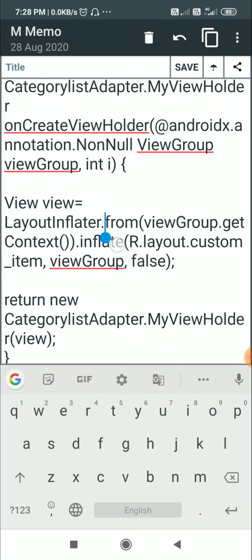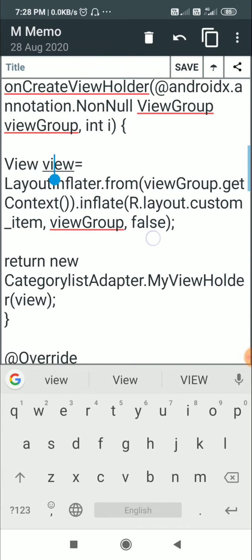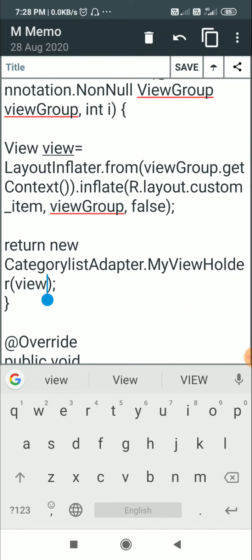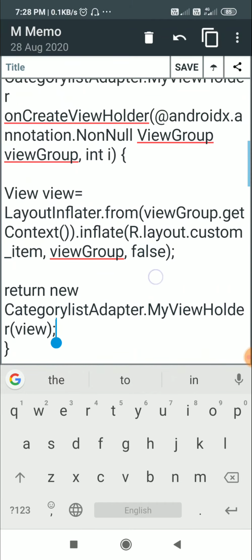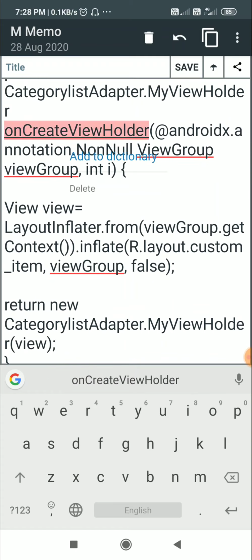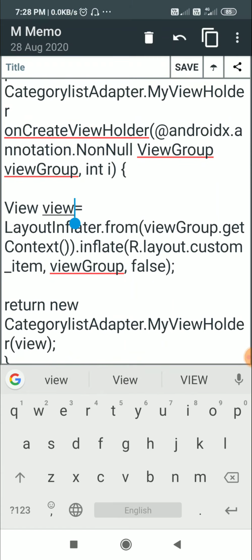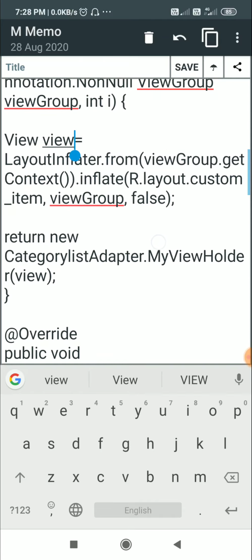We use the layout inflater to inflate R.layout.custom_item, and this will give us the view, and we return this view as a view holder: return new CategoryListAdapter.MyViewHolder(view). So onCreateViewHolder will give us this custom view as a view holder.